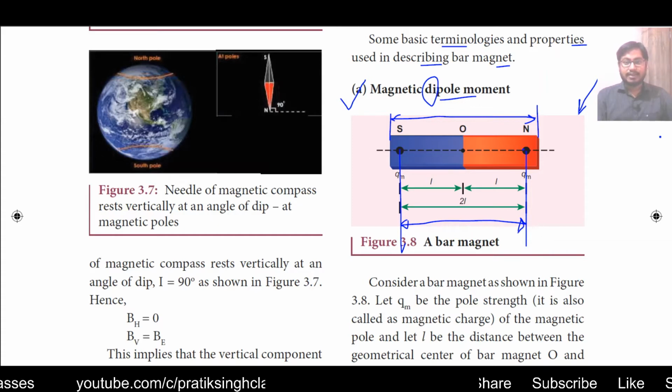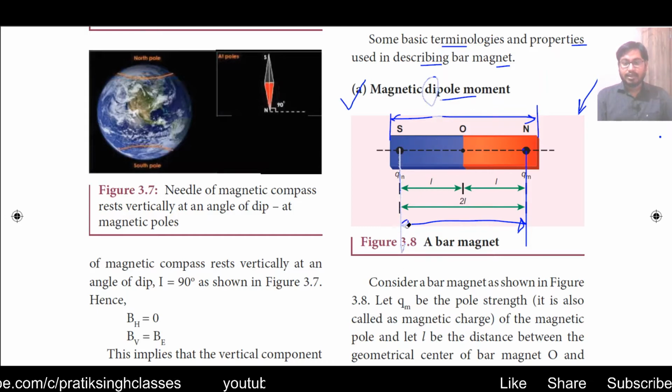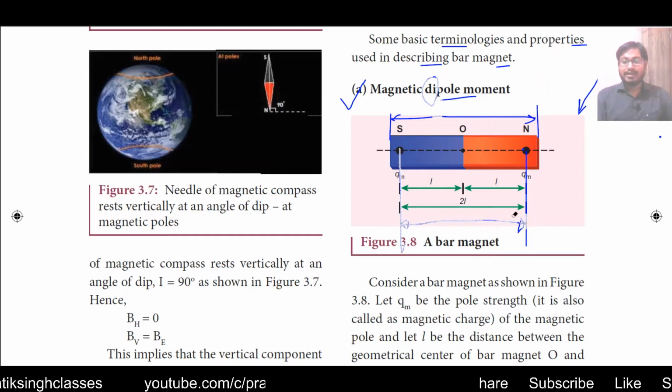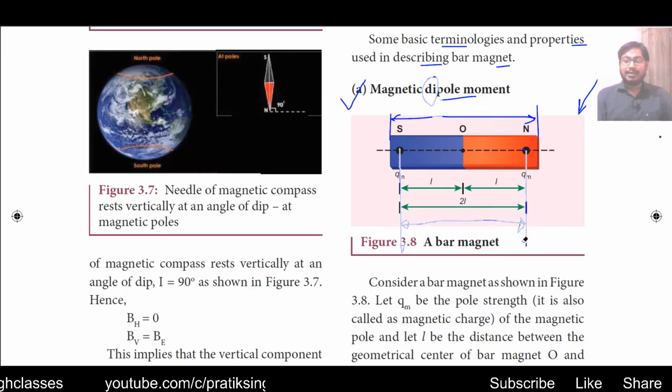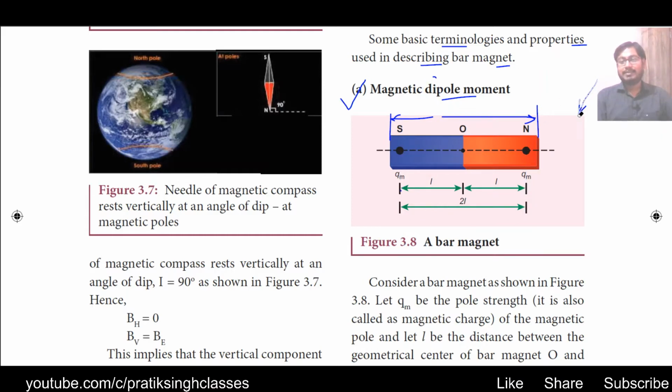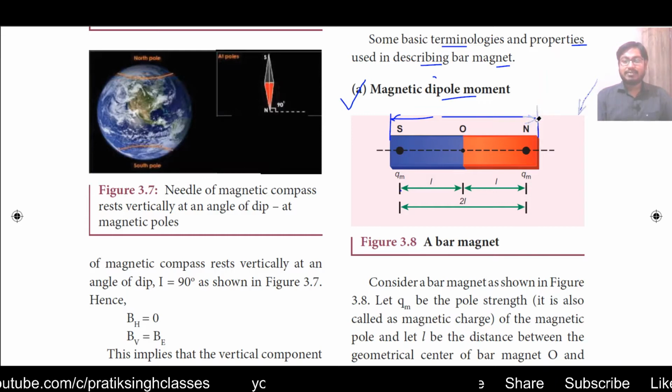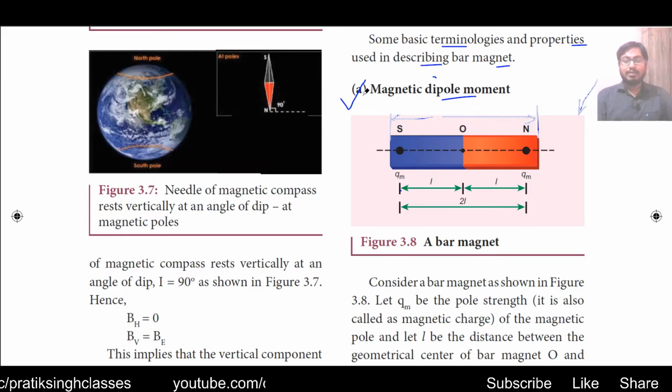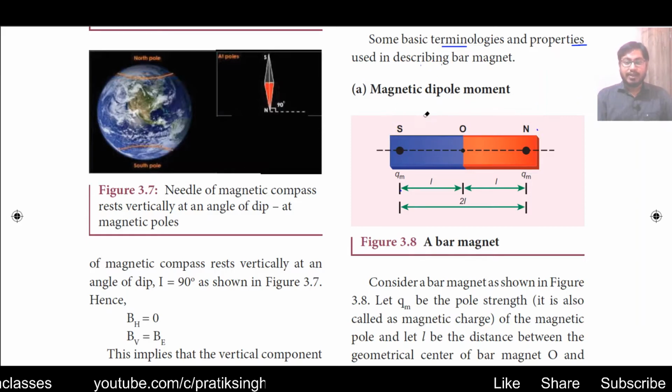Let's start the theory of the book, but before we begin, let me clear these things. I hope you remember what we saw in the previous class: electricity and magnetism are correlated. We cannot have magnetism without electricity. Likewise, we cannot have electricity or electrostatic theories without magnetism. That is why the name comes, electromagnetism. So let us see the theory in the book.